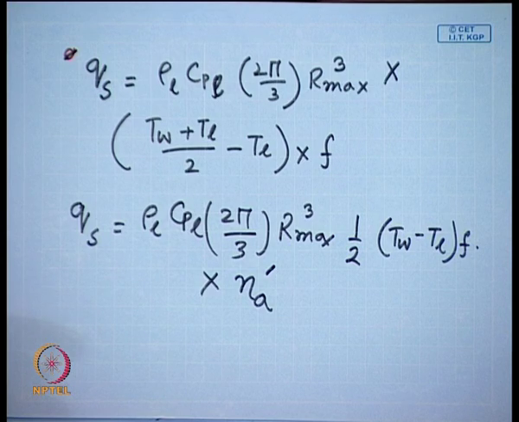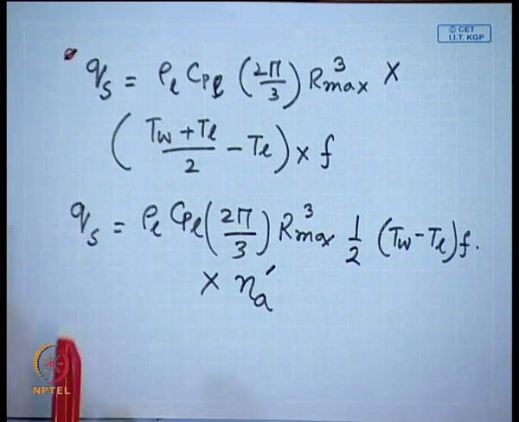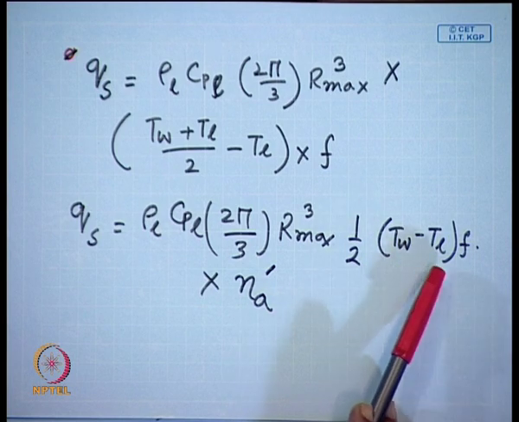Now, please look at this expression a bit carefully. First, no latent heat is involved. This is one way of looking into the problem. I am not saying that this is the correct way, but no latent heat is involved. Basically, this is a sort of single phase correlation applied to the boiling process. Second, a very important observation, which we have already mentioned and I mention again: Qs is directly proportional to T W minus T L, the temperature difference between the wall and the bulk of the fluid.